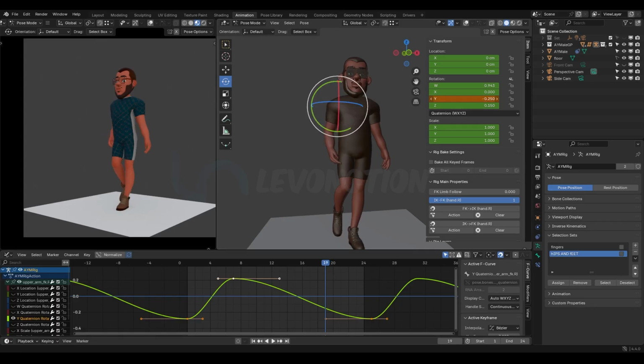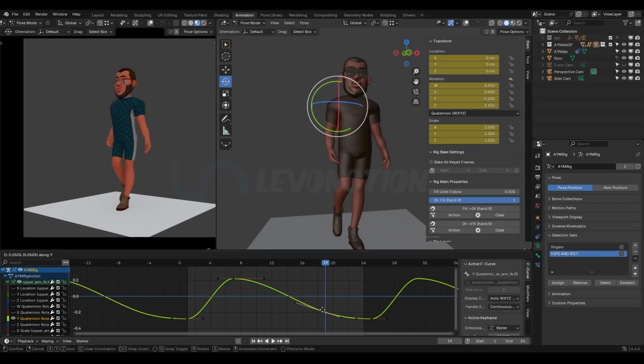Maybe 2.5 might be too much, but let's see. GY. Okay, yeah, 2.3. So now select in and out, that's frame 1 and frame 25, GY, and try to get